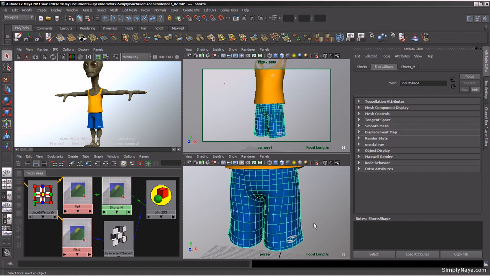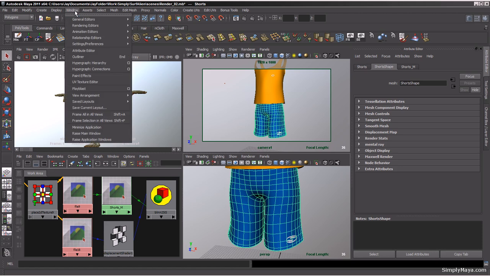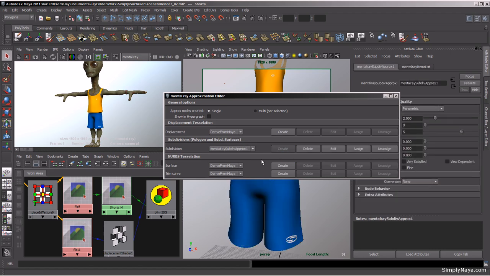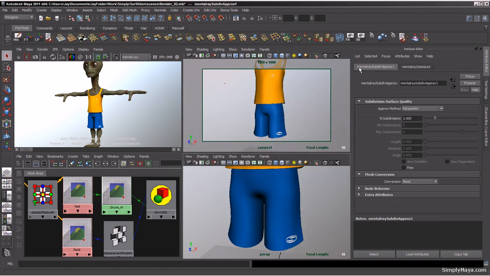So what we do need to do now for this is actually create an approximation node, and this is just going to help everything tessellate and smooth for the final render. So we're going to go down to mental ray, approximation editor, and we're going to go down to subdivisions, poly and sub-D surfaces, and just hit create. Okay, so we've now got an approximation node in our scene, and as you can see, it's popped up here